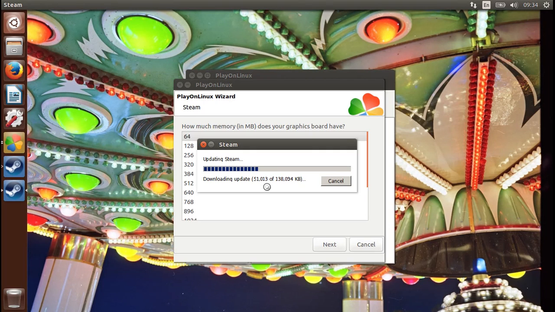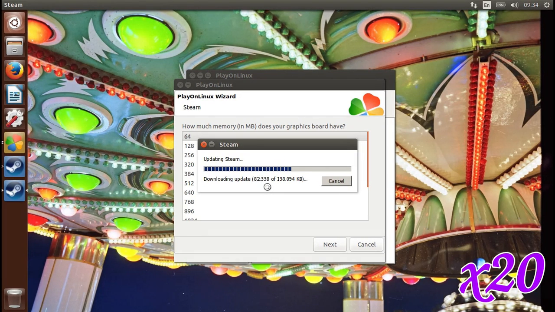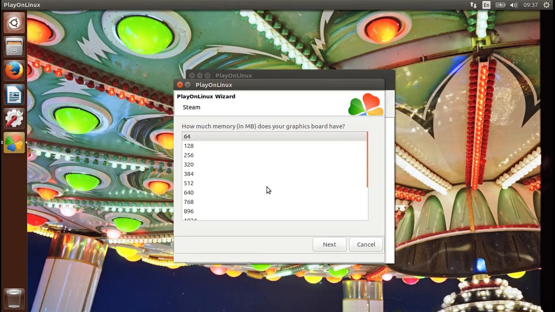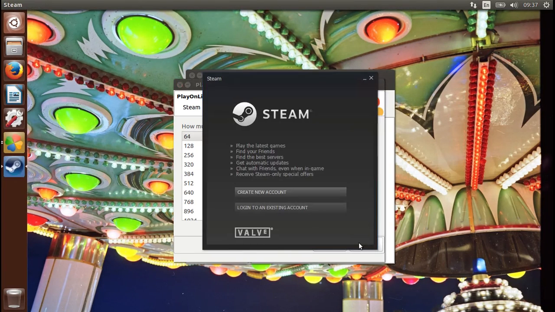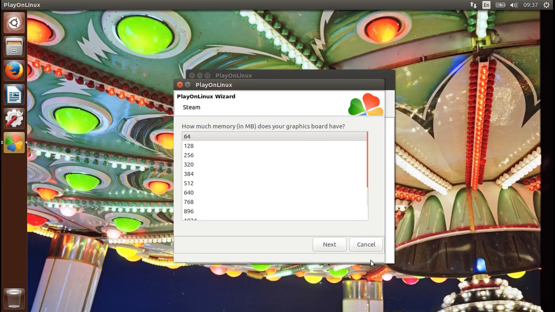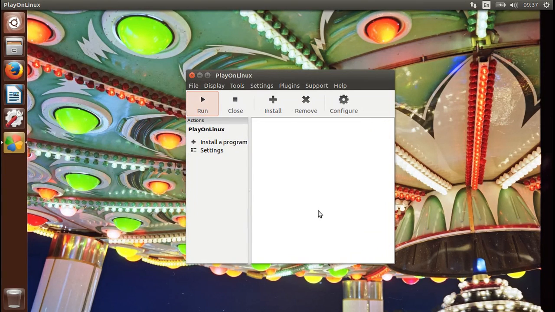It might be a bit of fun when I try to find again the place to make a desktop shortcut because I kind of forgot, but let's see. I'm going to fast forward this part again. Wonderful. So let's say cancel. As you can see, Steam opens up, so we know it works. But let's say cancel,